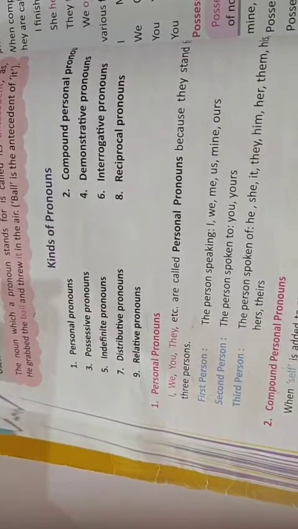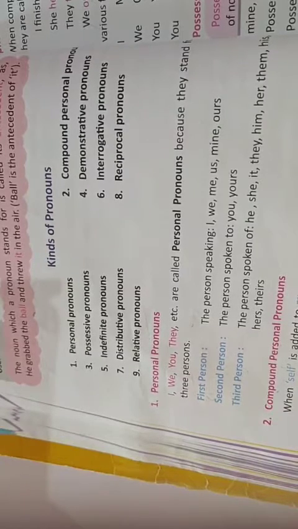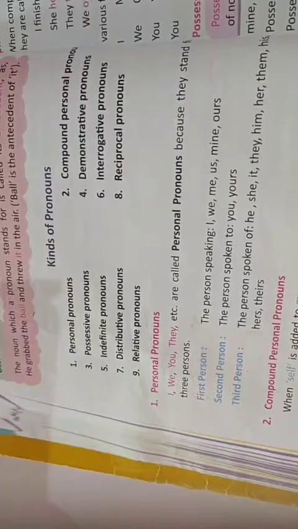All pronouns that are used for the person speaking are known as pronouns of the first person. Like for example, I am Sudha. So I is the person who is speaking. So the pronoun used for that person is I. Okay. This photograph is mine. So mine is the first person here because these pronouns are used for the person speaking.